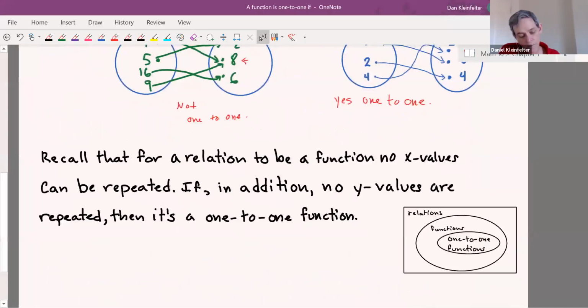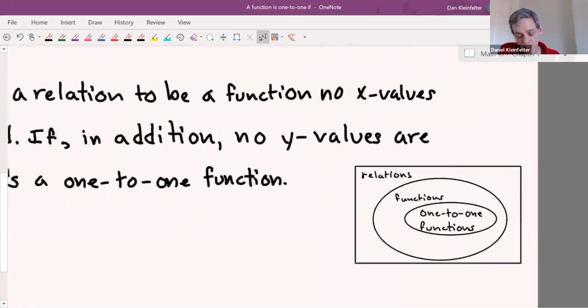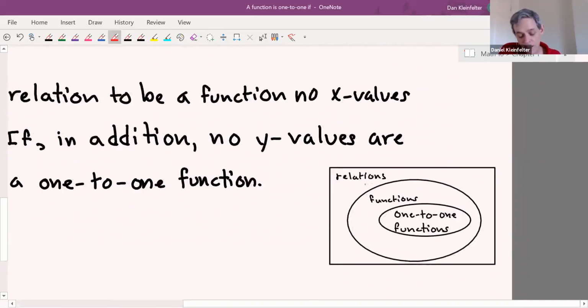Okay, so this kind of summarizes a bit of what we just talked about. In order for a relation to be a function, no x values can be repeated. If additionally no y values are repeated, then it is a one-to-one function. So this is kind of a Venn diagram of our situation. There's all these relations. Anytime you write down values of two variables, you have a relation. If you have that requirement about the x values not repeating, then you have a function. If additionally the y values don't repeat, then it is a one-to-one function. If you have a relation that is not even a function,